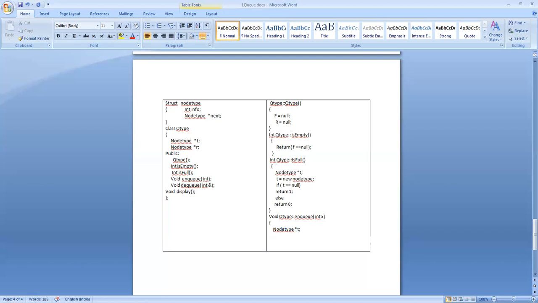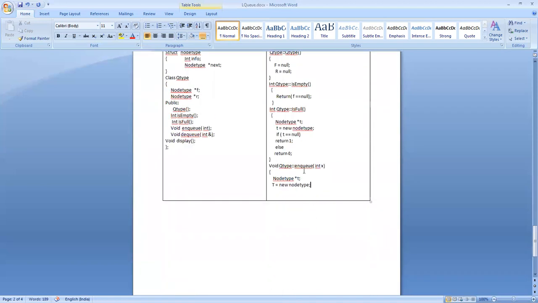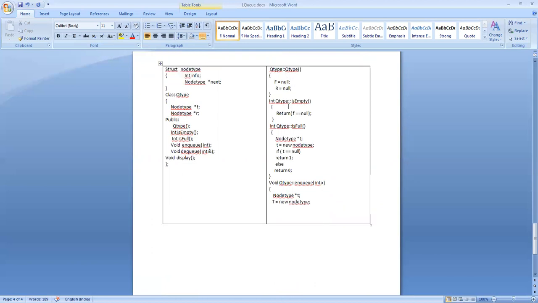Then I create an empty node for that. So t equal to new node type. What happens? A dummy box like this will be created and it will be pointed to by t.